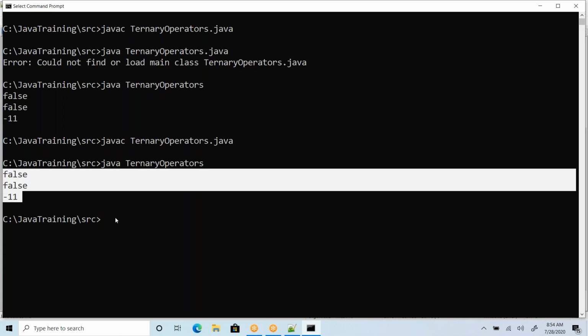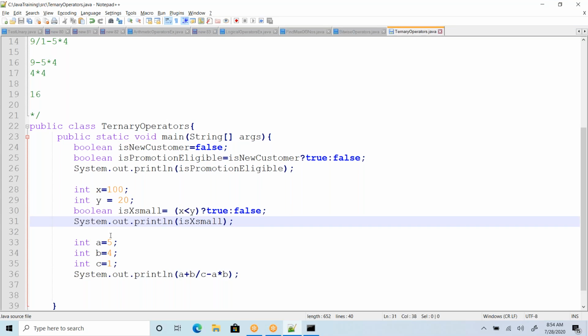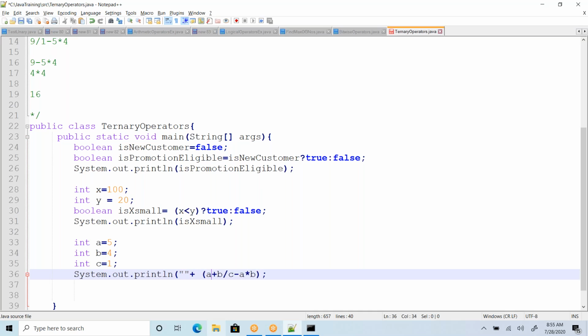Why is it not giving any output? No compilation errors, no runtime errors. It's executed, right? -11 is the answer, right? It's executed, so what is the output? -11, right?